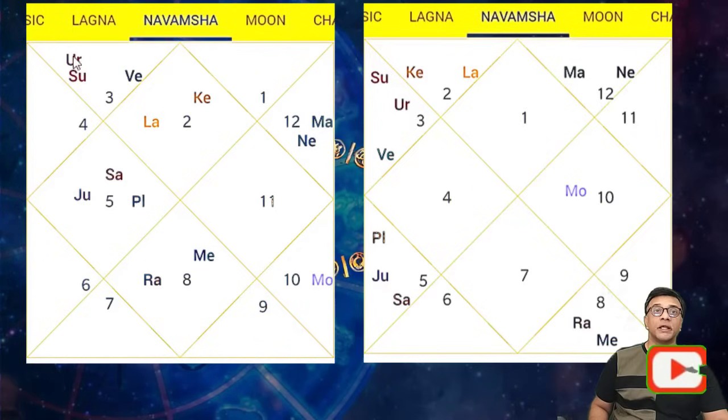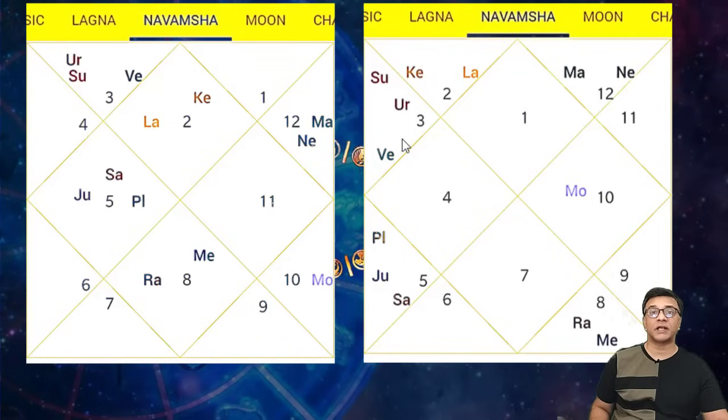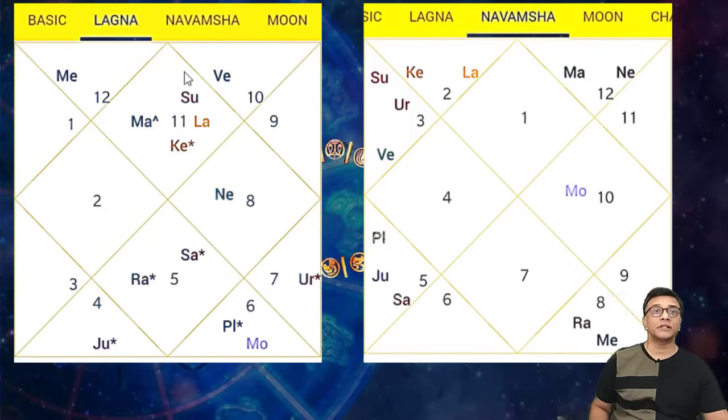For example, in his original Navamsa chart, Sun and Venus are in the sign of Gemini. So in this new Navamsa chart, converting it into Kal Purush Kundali, you still have Sun and Venus in the sign of Gemini. Mars is in Pisces here. Similarly, Mars is in Pisces in the new Navamsa also. But now keep the Lagna chart and the new Navamsa side by side and see what it says. Now this is his Lagna chart and this is his new Navamsa converted into the Aries Kundali. Now let's see what manifestation it is giving.